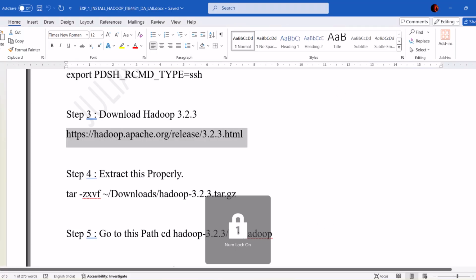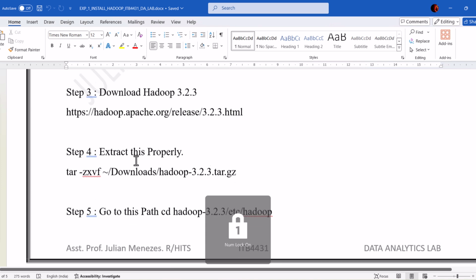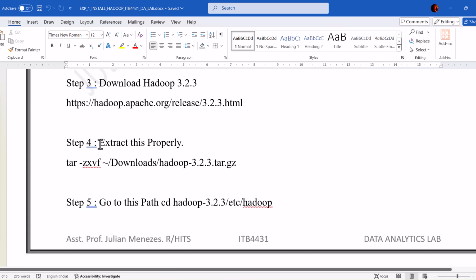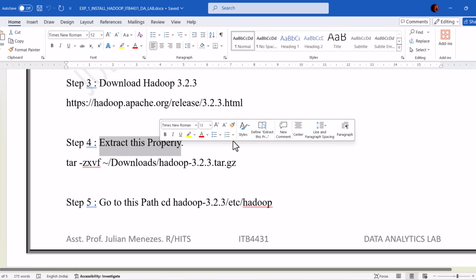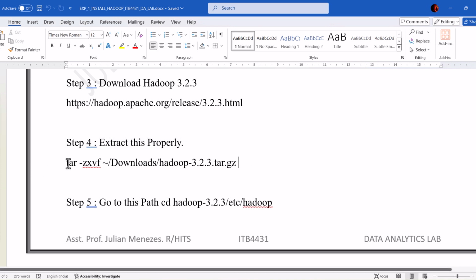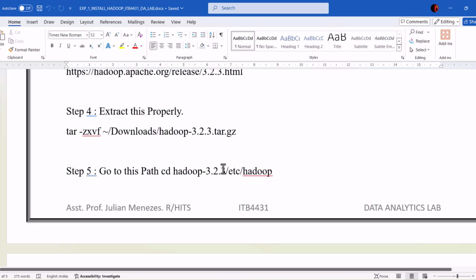We'll go back to the particular. Okay. Now, step number 4 speaks about extracting this particular file. So the command for extracting the file is tar -zxvf for this particular location. And I have already done this step, therefore I'm skipping it in this video. But you, as a person who's doing it for the first time, kindly follow the same instructions I'm giving to